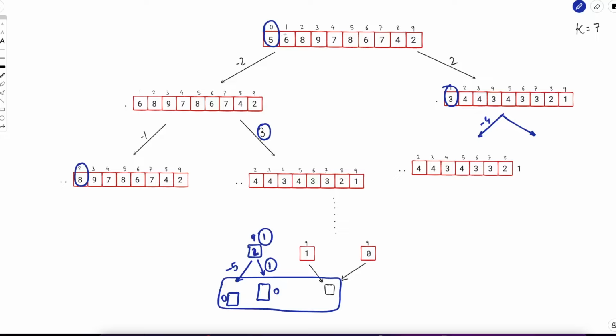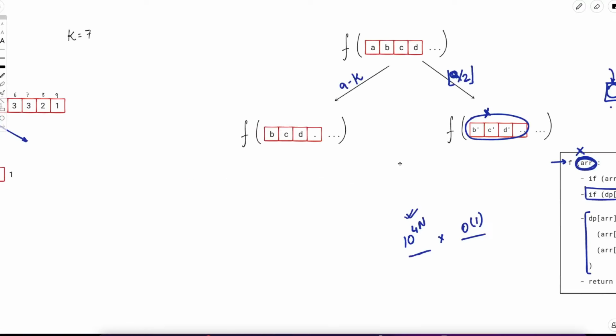Instead we will keep it as 6, 8, 9, 7, but whenever we reach this state or want to compute the value here, we should be able to recompute the final value. Instead of 6, we should be able to get 3 somehow. So this is a very